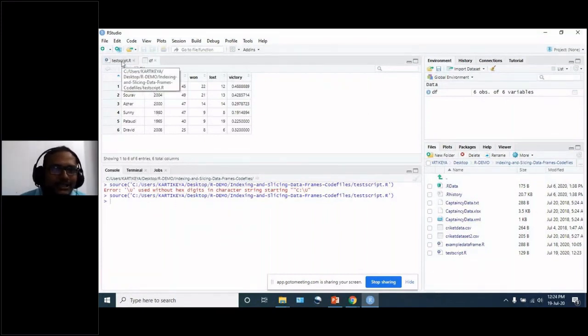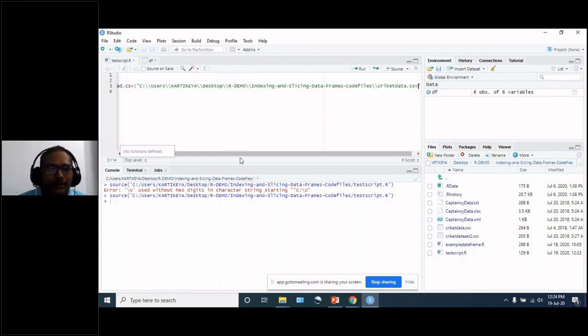So what is the difficulty here? If I want to read a file, every time I need to go and see the path and paste the path in our read.csv command. So that may be a little bit inconvenient for you.